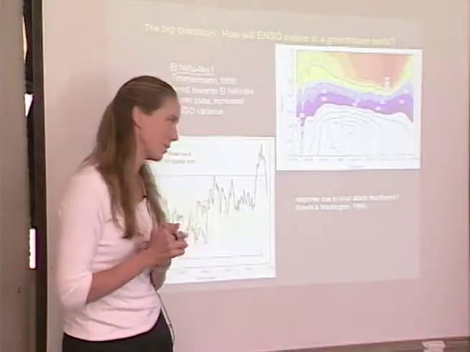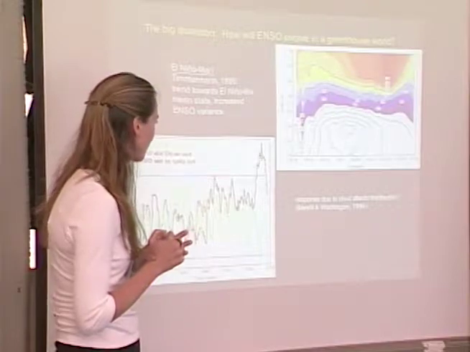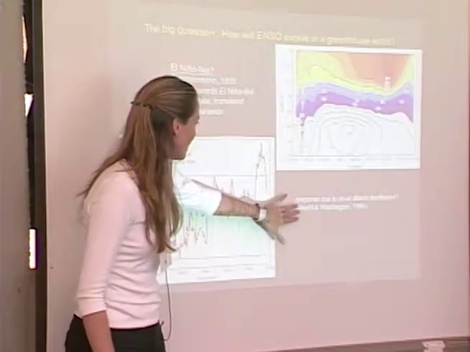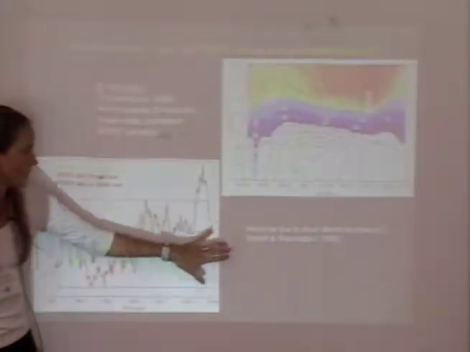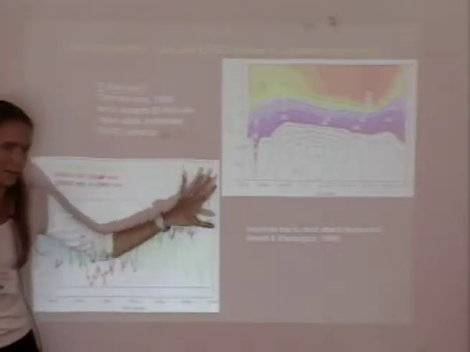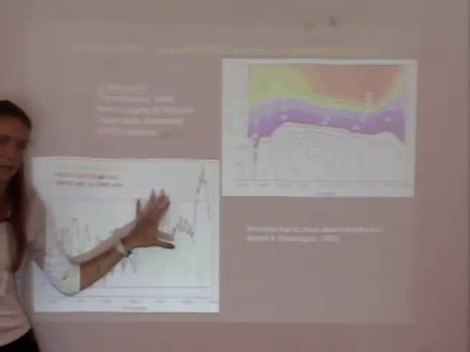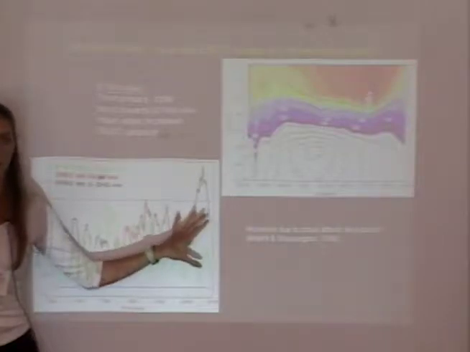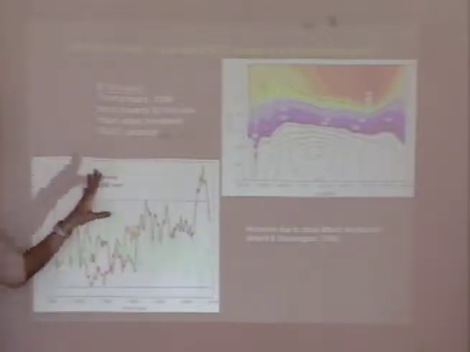People went running after this in a lot of other models, and we'll go to those results in a second. I'm not going to get into why this was so for this group, but it has to do with the cloud feedbacks, how the clouds are handled in the west versus how the clouds are handled in the east with regards to radiative balance. But we won't get into that, and I'm not an expert, so it's even better.